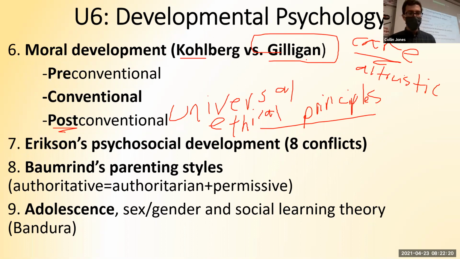All right, number 7, Erikson's theory. This was the one I told you was my favorite. Erikson was the guy that I lived in his house for a little bit in Cambridge when I was at Harvard. He said that as you go through life, you have social interactions with other people, and that's how you develop 8 virtues. He said that there are 8 tensions or conflicts. Like the first one is trust versus mistrust.